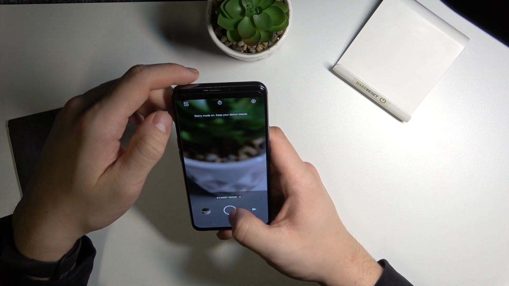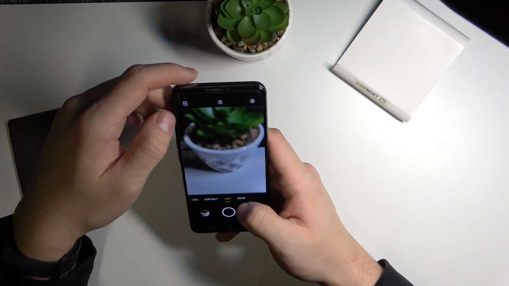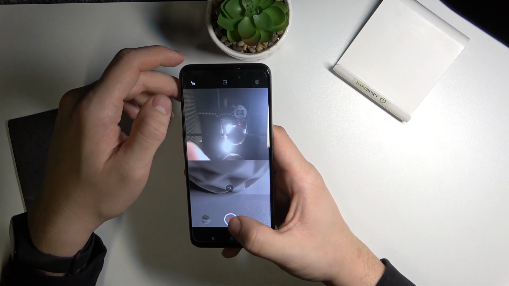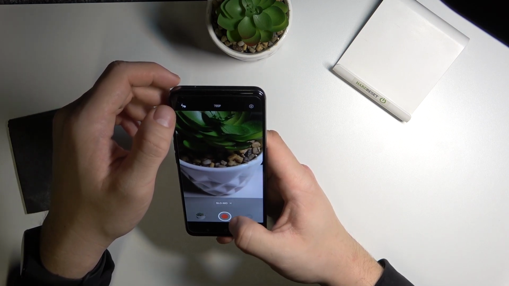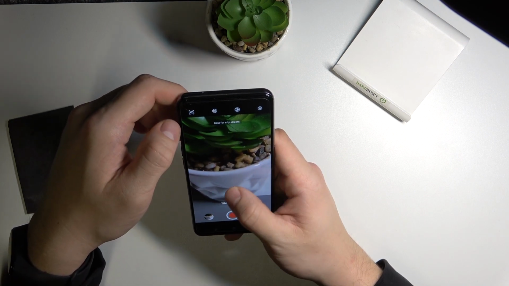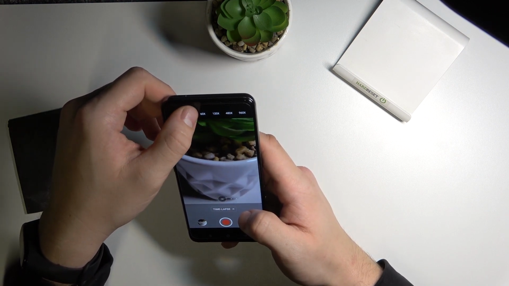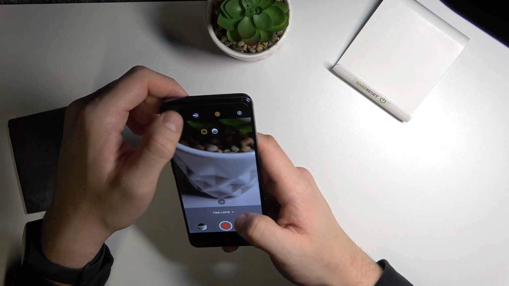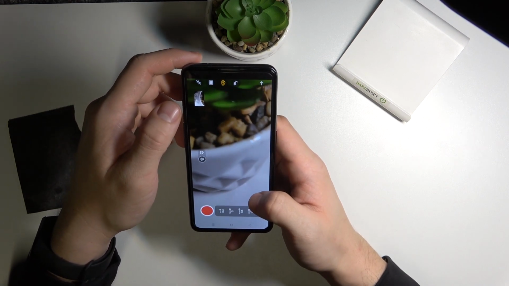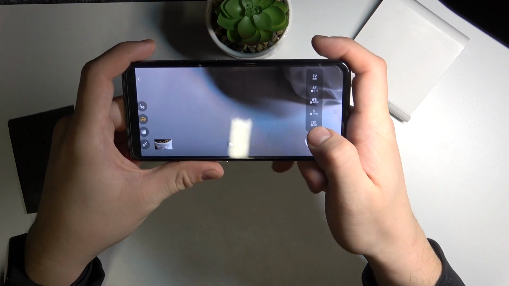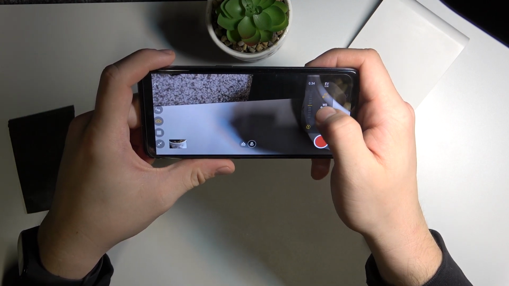In more we've got stereo mode, dual view mode, slow motion, time lapse, movie mode, also with professional settings,